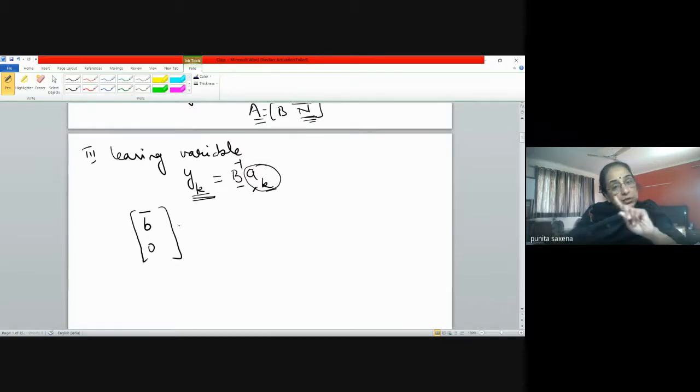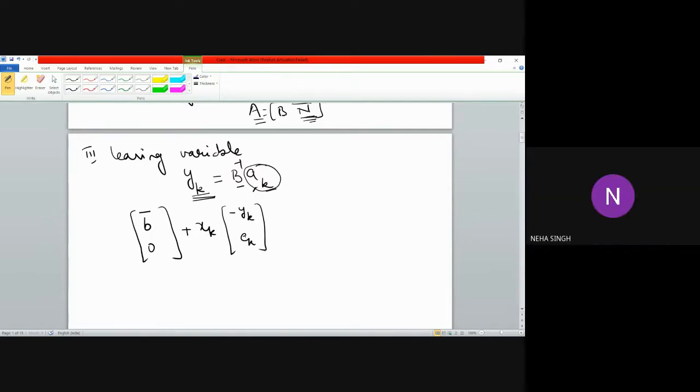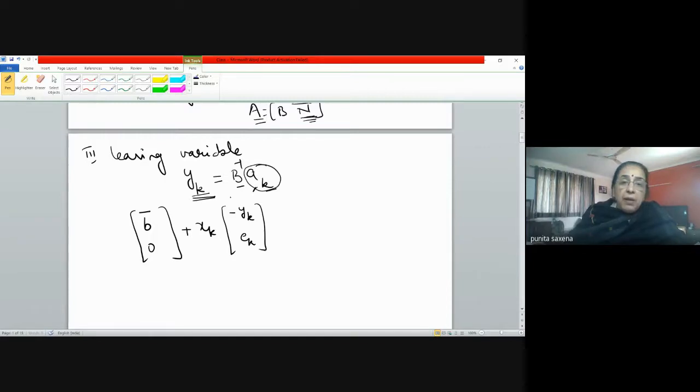Now go back to those calculations which we did the other way. Plus xk non-basic था एक, ठीक है, जो हमने उस दिन example किए, उसमें हमारे पास कौन कौन से थे, x3 x4, ठीक है. इसके साथ हम compute करते हैं minus yk and ek. बाकी 1 0 0 1 थे ना, identity matrix बन रहा था. Yes ma'am. ठीक है, अब ये yk, you know, this has to be positive,